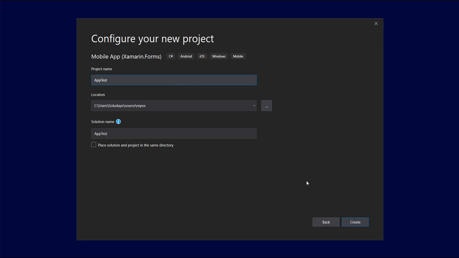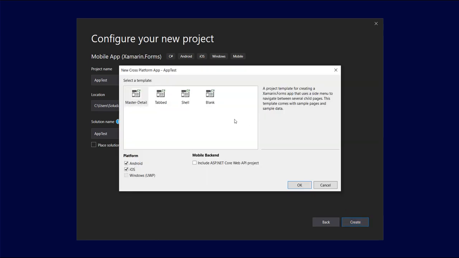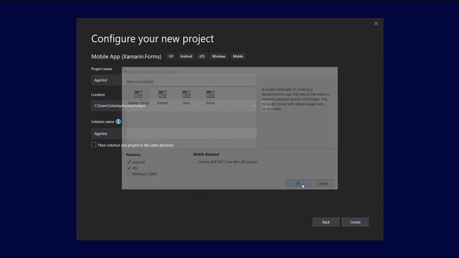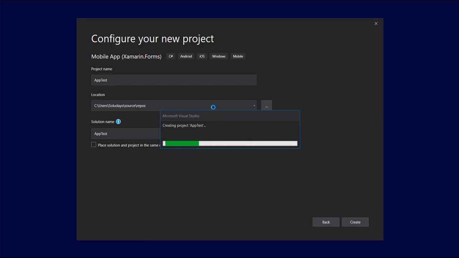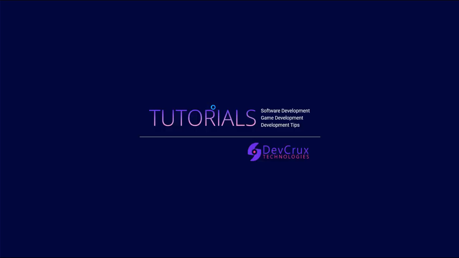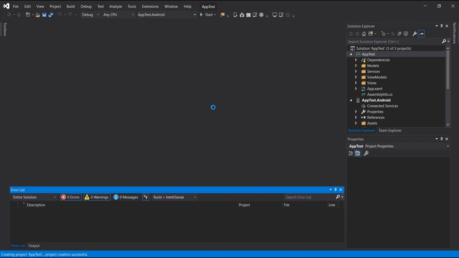Now the essence of this is just to show you what you are familiar with, just to show you how we used to implement the master detail page. So I select the master detail page and select OK. I wait for the project to load. Let's wait for it to load. It's loading. Creating our project here. All right, so now we have the project